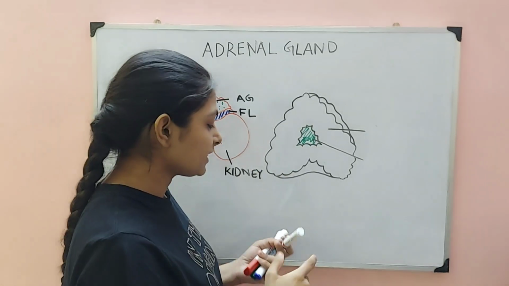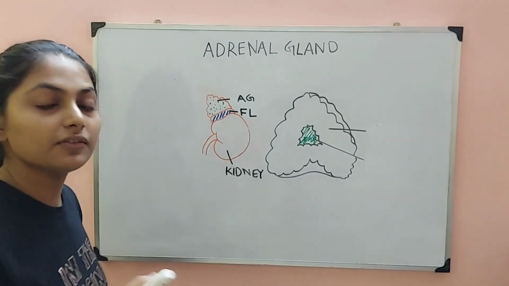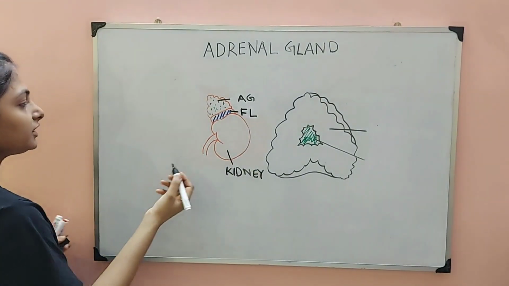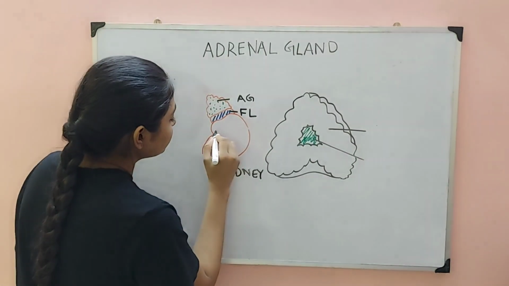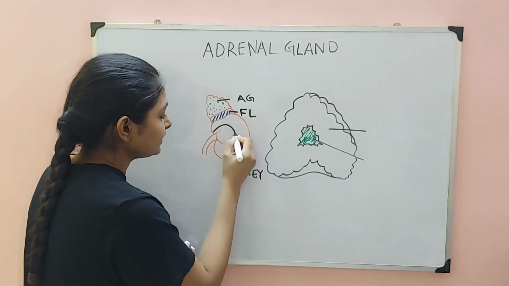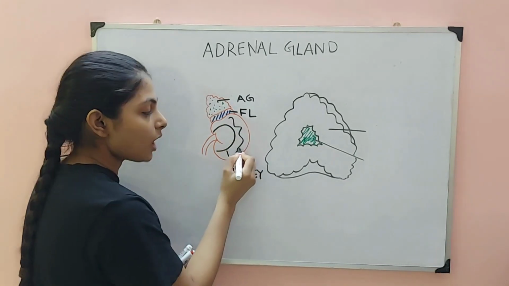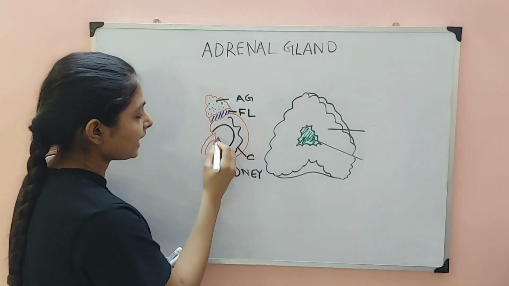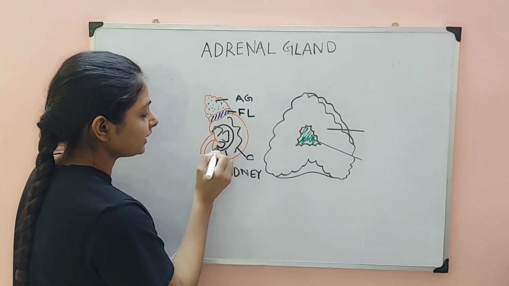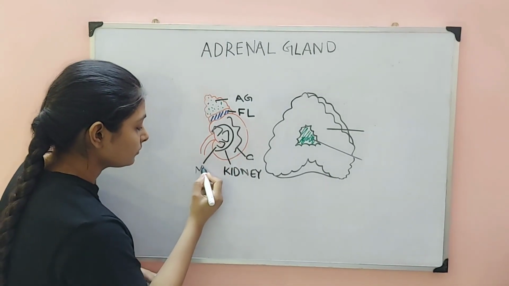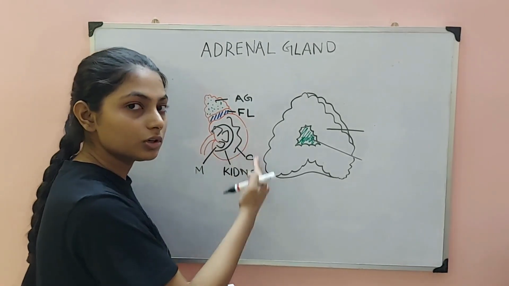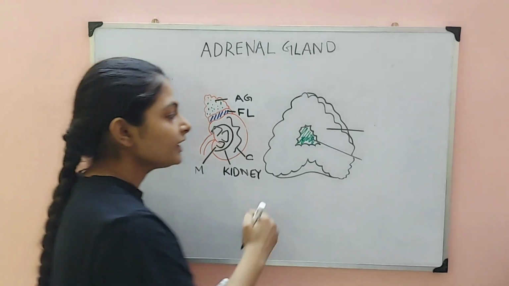Now before I explain you this diagram, I would like you to recall something that you have studied in excretion. In the structure of kidney, you studied that there is an outer cortex and inner, with these pyramids there, inner medulla. Alright. So kidney, we have outer cortex and inner medulla.